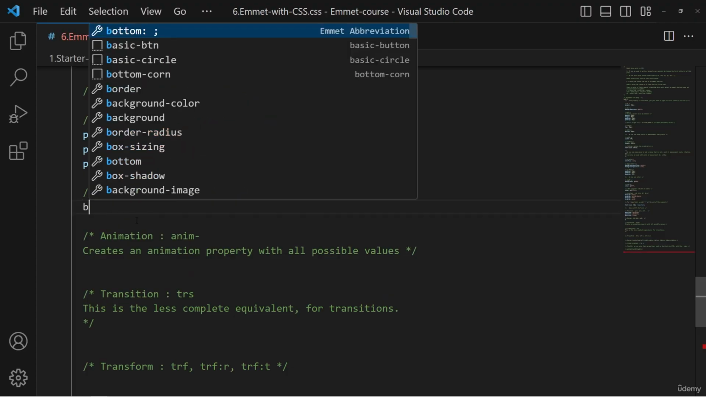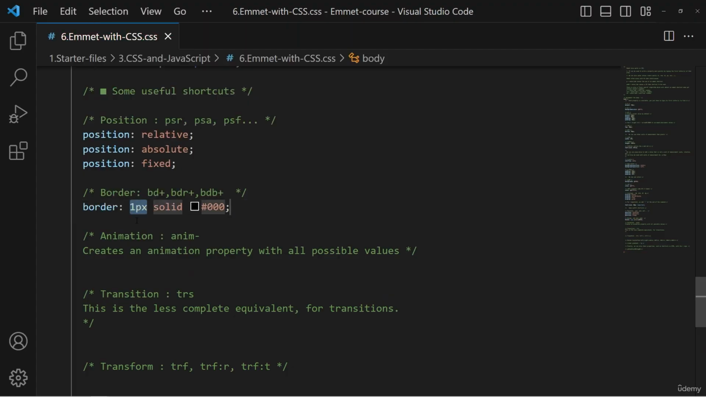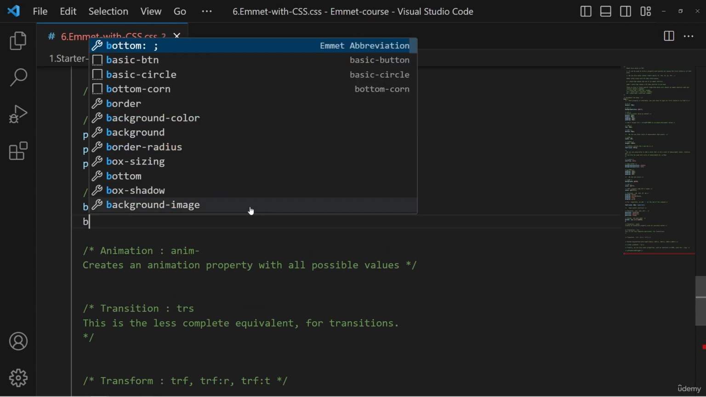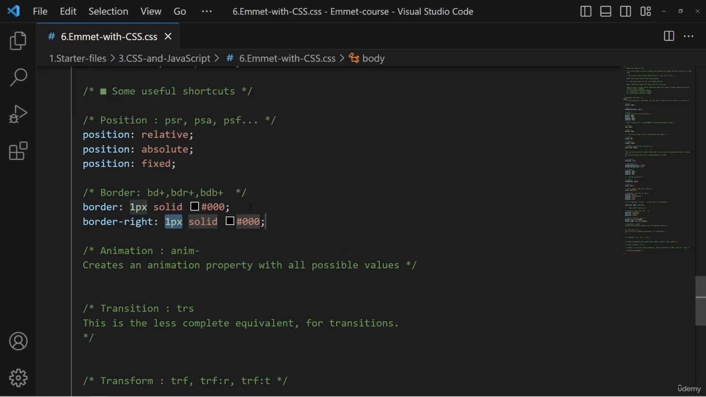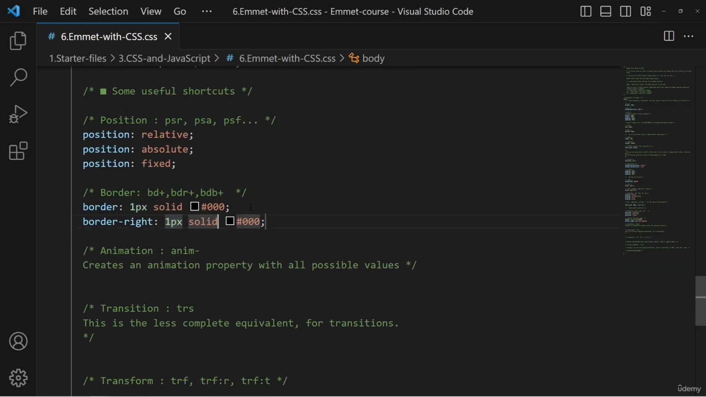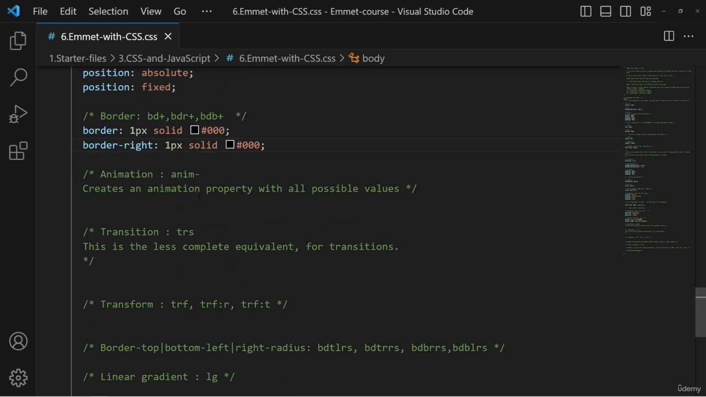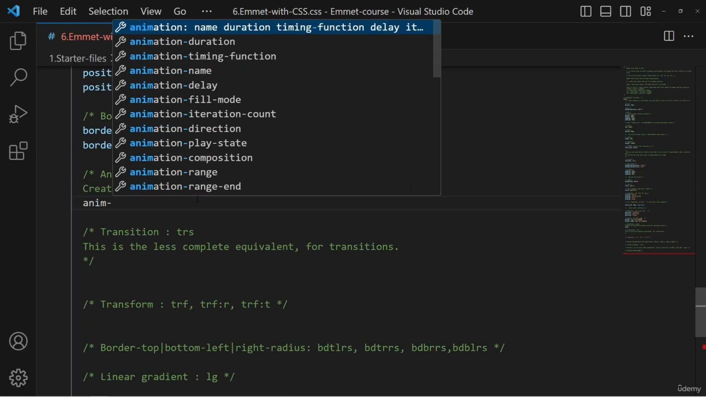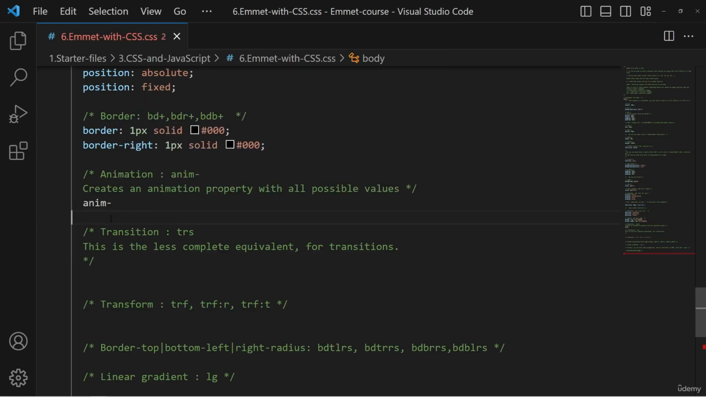For the border, it's BD plus, for example, border 1 pixel solid. It can be good if you want to try a border around an element to remember that one. But you can also have BDR plus, so for border right, BDB plus, well, etc., etc. For the animation, you can write anim with a hyphen, just like that, and you